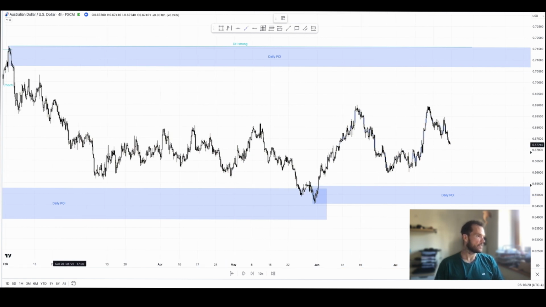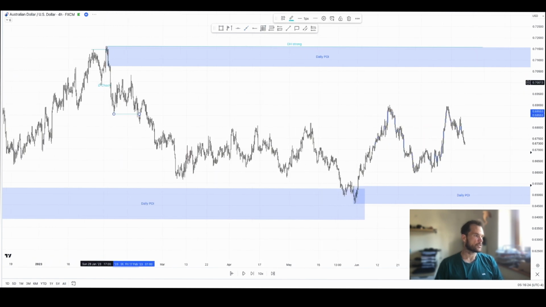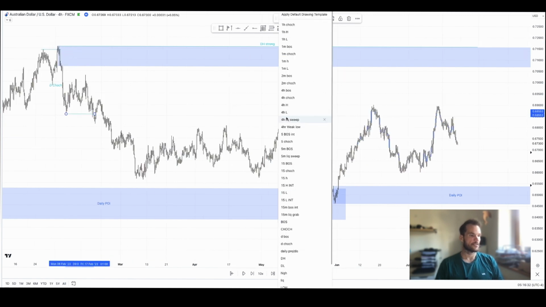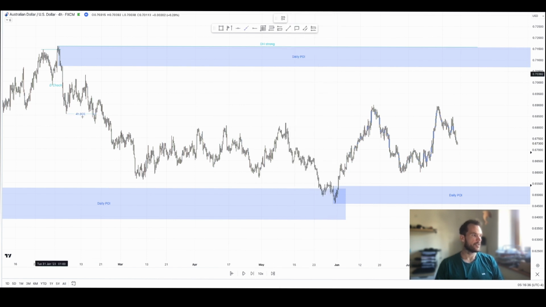We were working our way down since that choch. See, it also would have been a nice 4 hour choch here. So it can intertwine with these higher time frames once you get such big ranges like this. And I don't want people to get too confused. It doesn't really matter that much what time frame, daily or 4 hour, you're seeing the structure on. If they agree with each other,